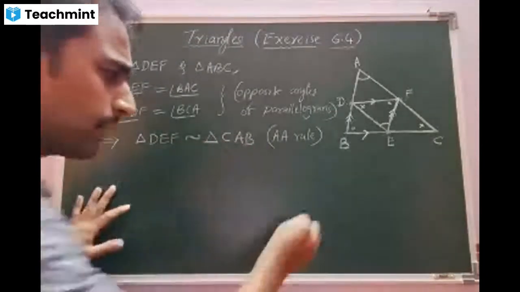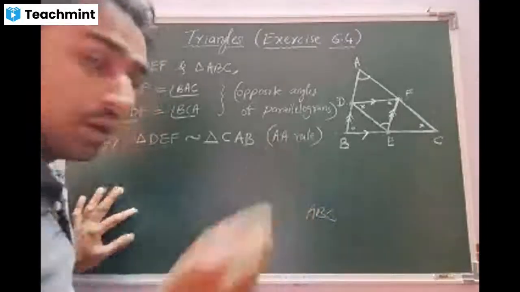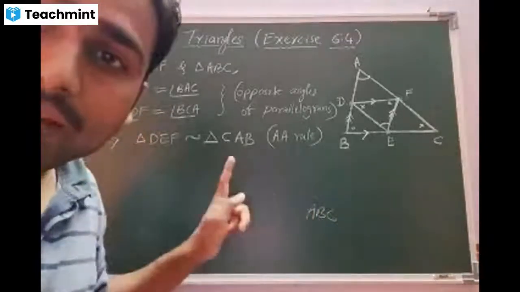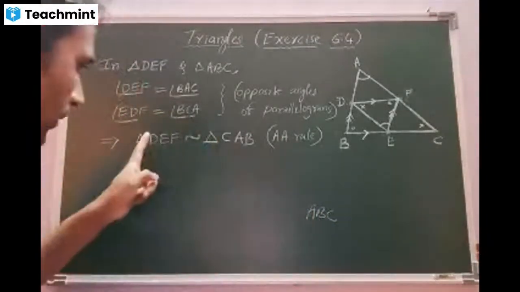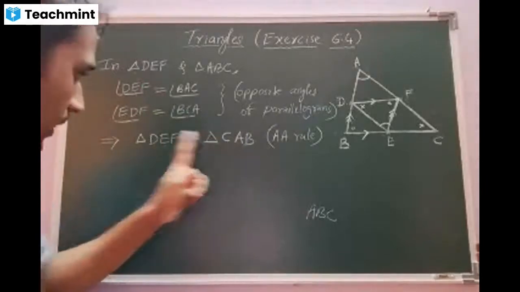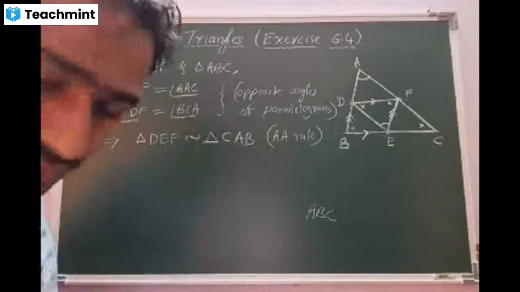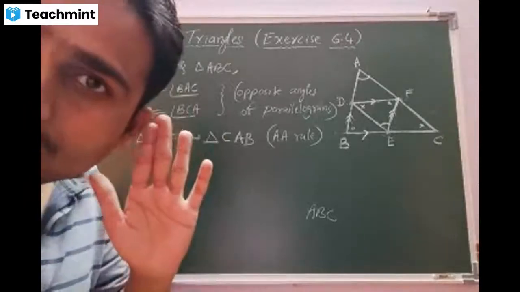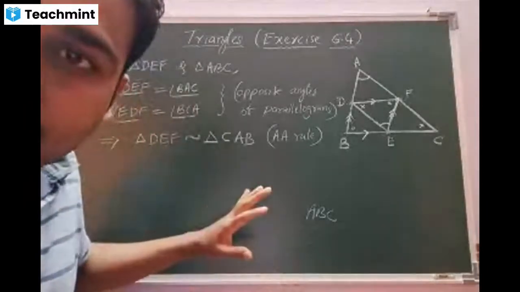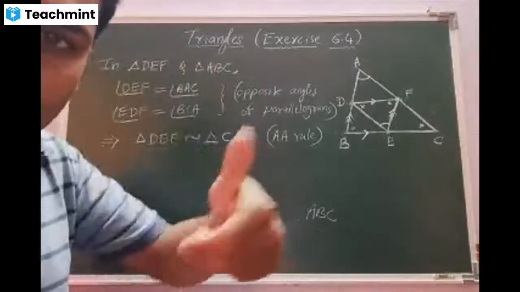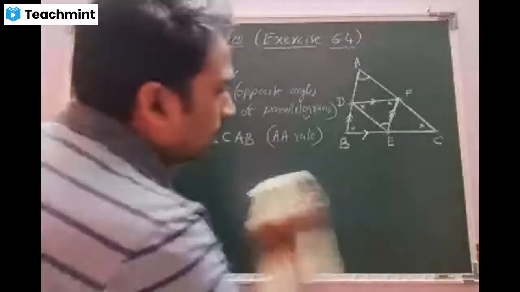There is nothing harm, beta. You can say ABC also. But I said, beta, corresponding angles are going to be important. It shows D is corresponding to C, E with A, F with B. Is that clear? Yes, sir. And as it is, you are from the Sainik school, discipline is important. Am I right?